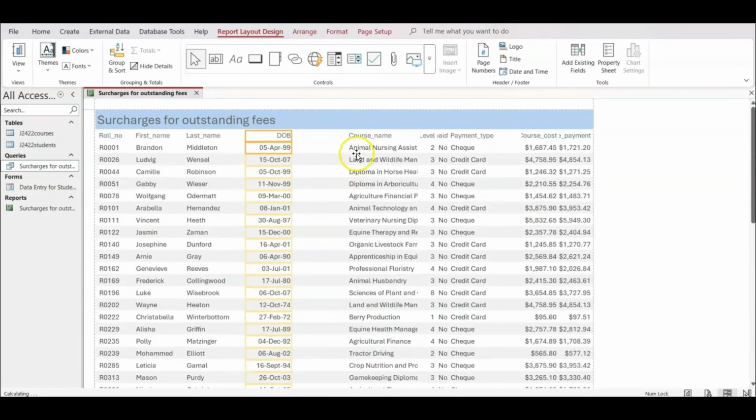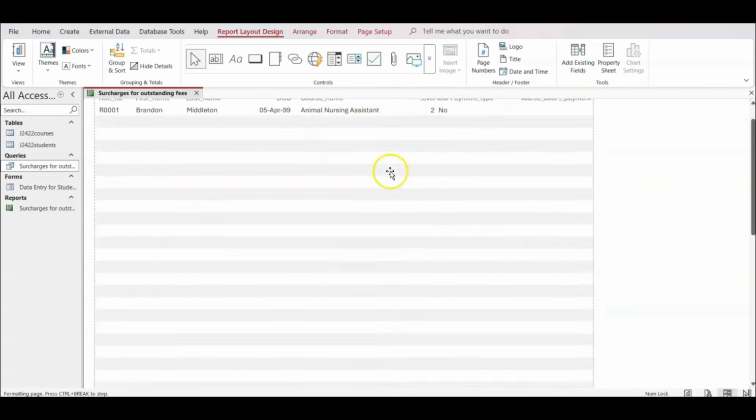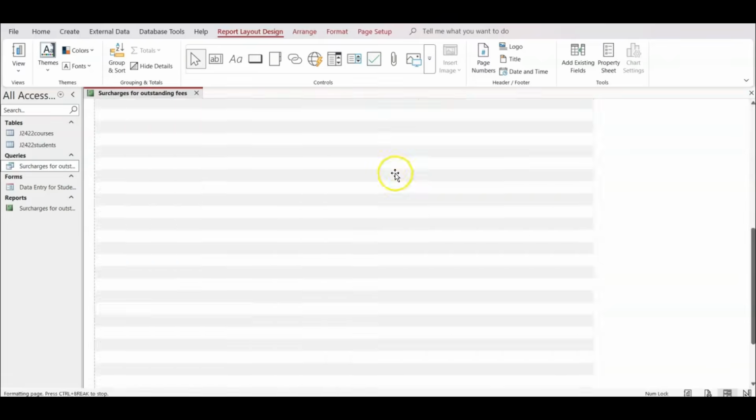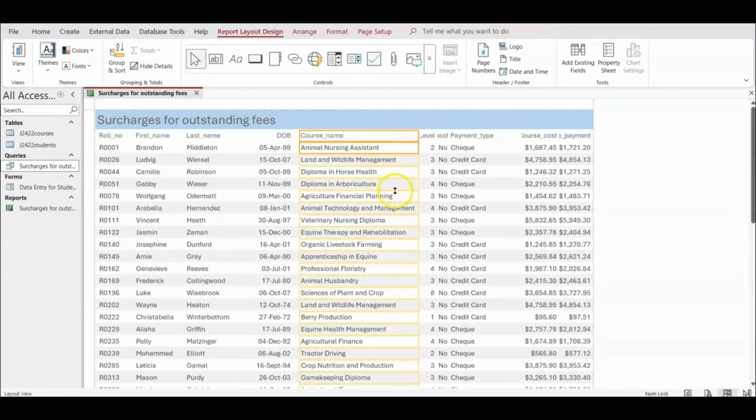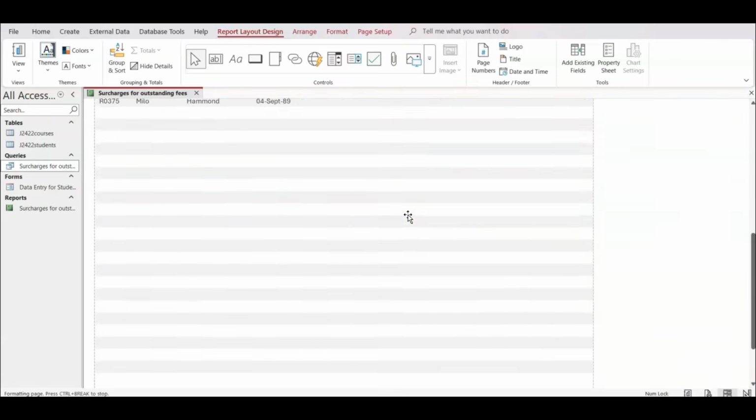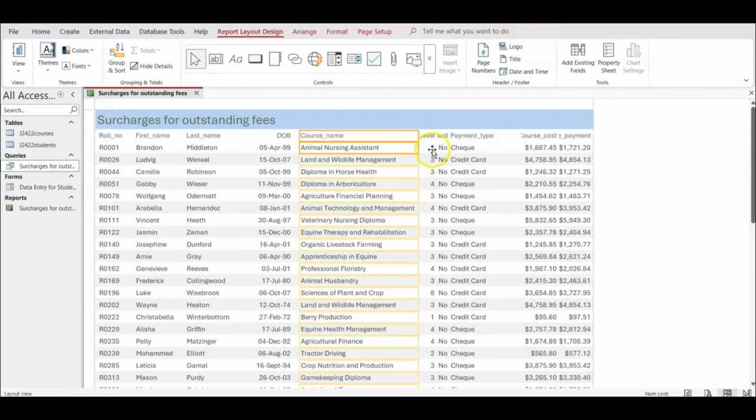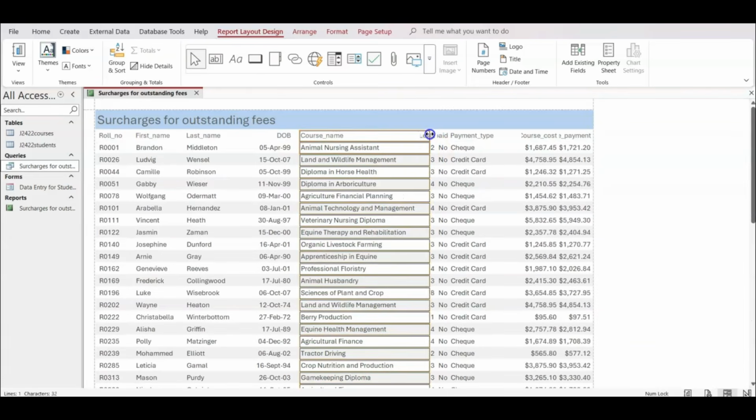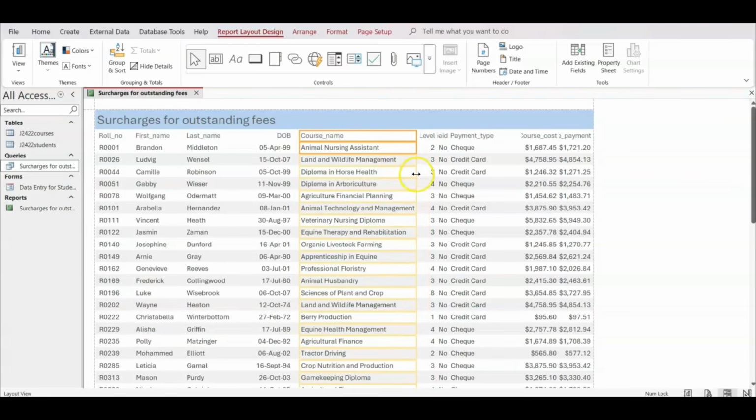So every time you adjust, you do a quick scroll down to double check all your data are fully shown. Like this course name, it looks like animal technology and management is one of the longest data. So we just need to make sure it is fully shown. If you're not too sure, you can widen some more to double check. Over here we can see it is pretty enough for the data to be shown,